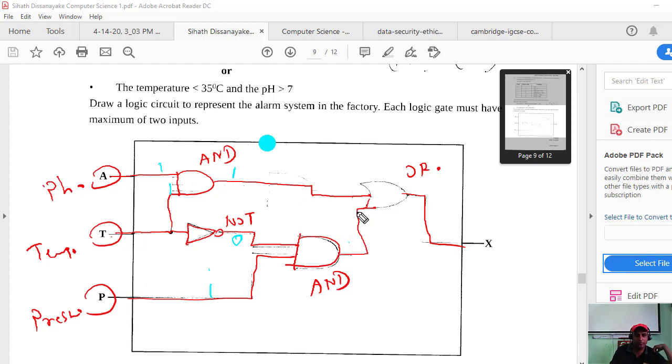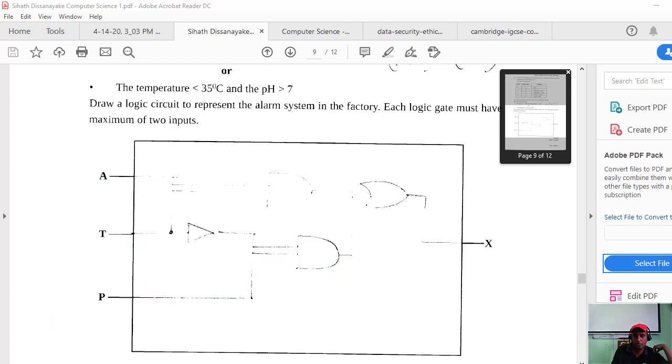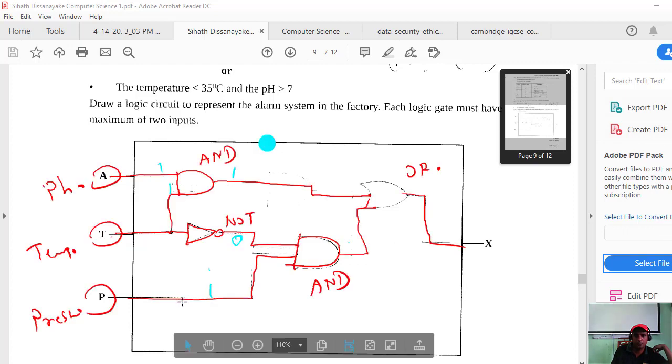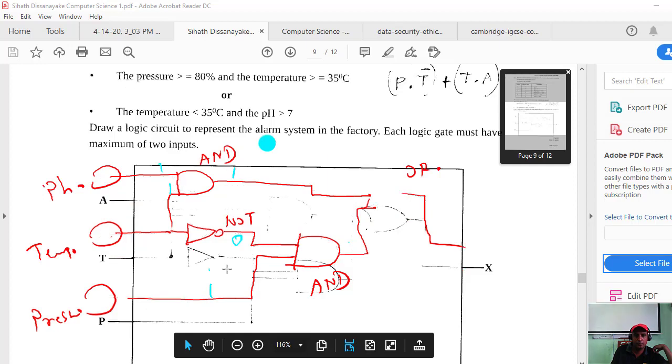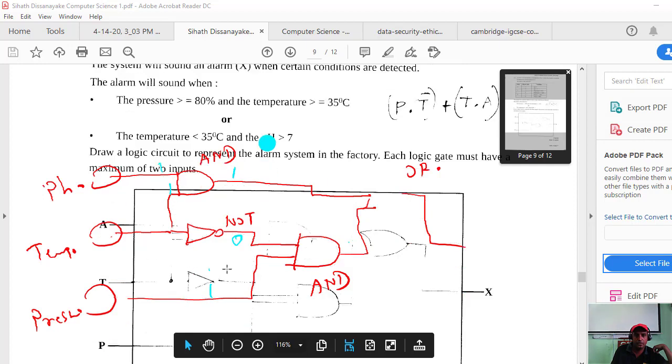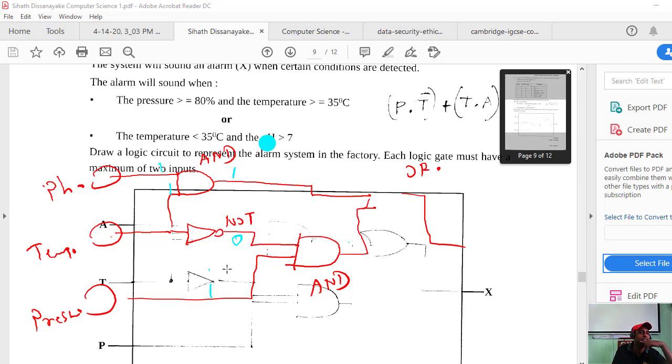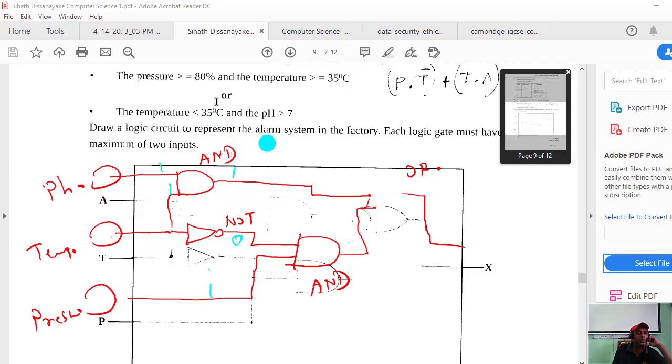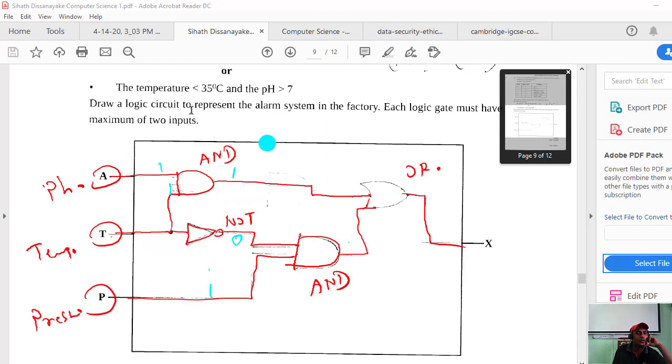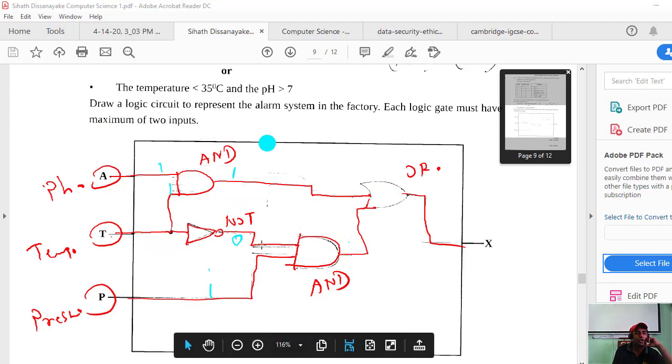Is that the OR gate? No, it's an AND gate, no? See, AND should be there. No, NOT gate.